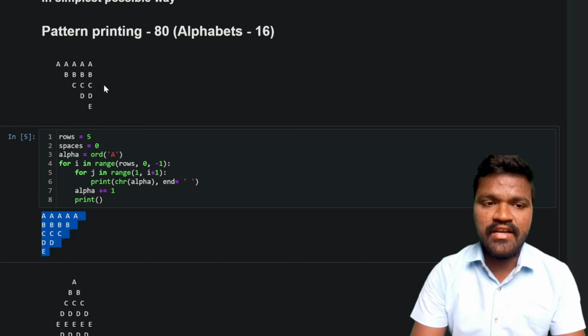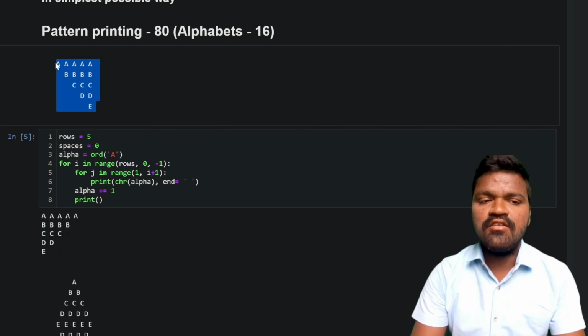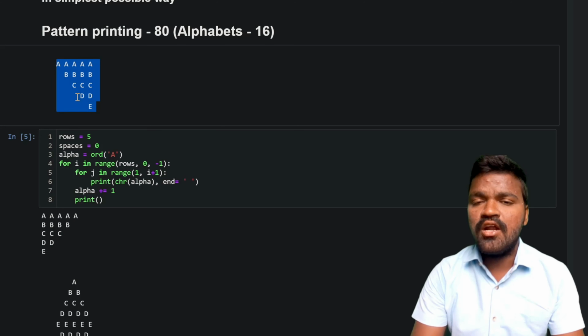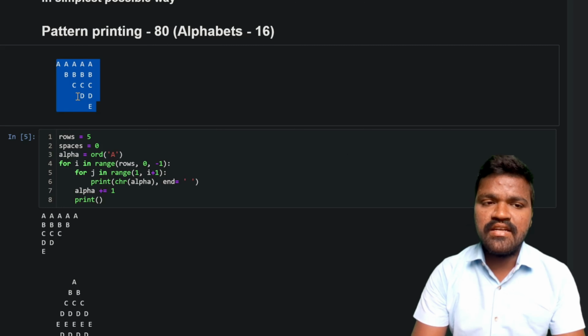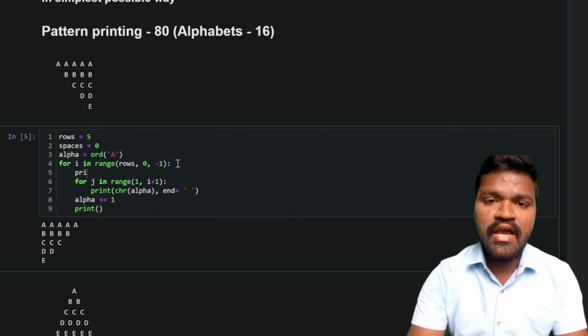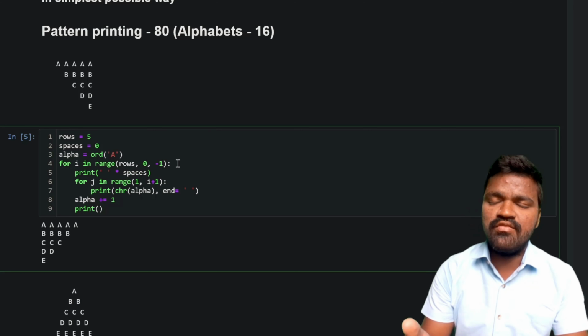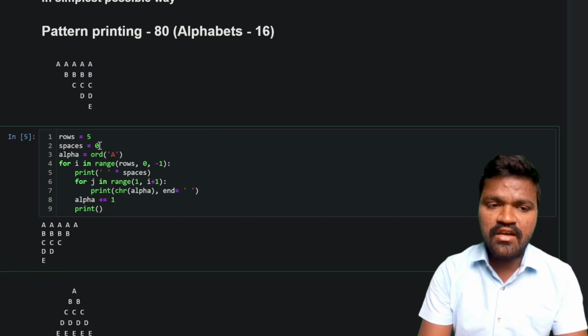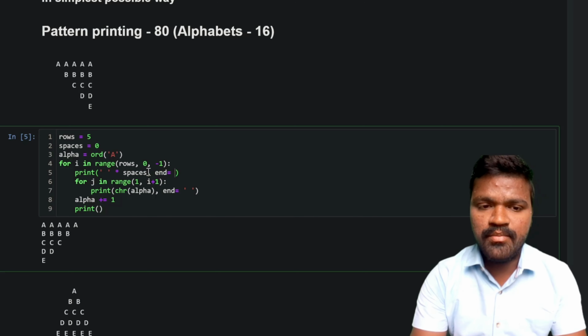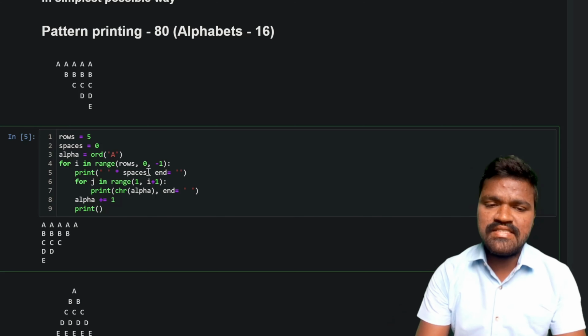which is spaces, right? As we have discussed previously, we first need to print these spaces to get the exact pattern. For that reason, these spaces, if you observe carefully, are coming exactly before this particular alphabet. So as and when we come to this outer for loop, I will print the spaces. So I am taking space and multiplying this space with the spaces variable, the spaces variable which we are using to keep track of the spaces, right? For that reason only I am mentioning spaces, and after that I will mention end as simple quotes,